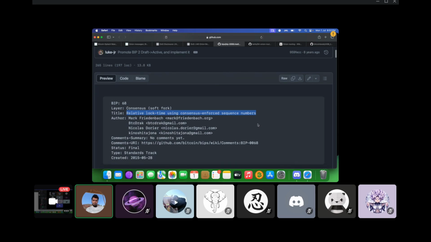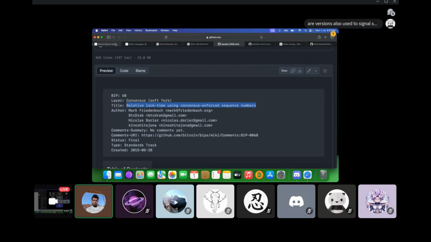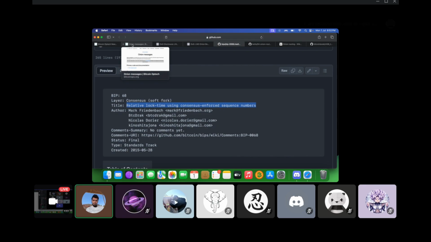What are time locks? Broadly, a time lock is when you lock your transaction to a certain block height or a certain Unix timestamp, up till which your transaction cannot be redeemed. If you want to send a transaction to a person, but you want to ensure that the person cannot spend it for a certain amount of time, you lock that transaction using either a relative time lock or an absolute time lock. So the transaction gets locked till that time.